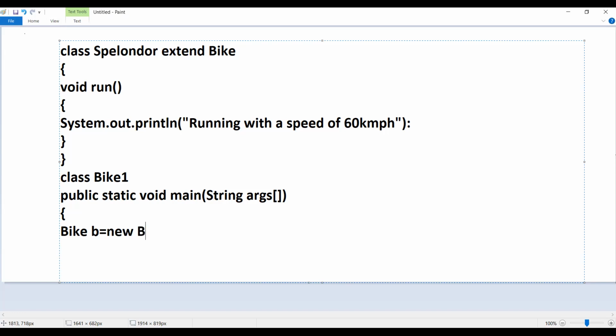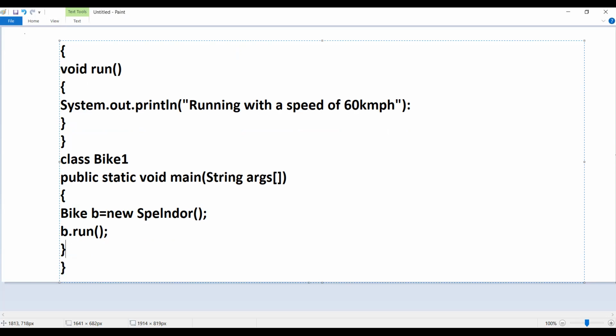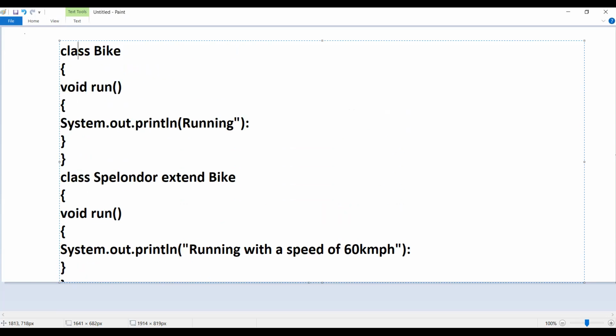So new Bike open braces. Sorry, it's not Bike, it's Splendor. New Splendor open braces. Now when I use it to call b with the run method, I am going to have two methods. One is the run method at the top, another one is the run method at the bottom.